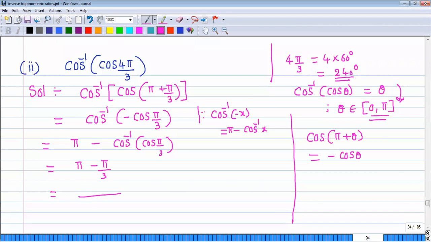3 is the LCM. 2 pi by 3, sir. 2 pi by 3. So these concepts are very, very important. These basic concepts only you need to concentrate more, because these type of questions will be asked in your different examinations. So once again, you practice all these questions from any book. Even you can refer Telugu Academy textbook or other textbooks also.